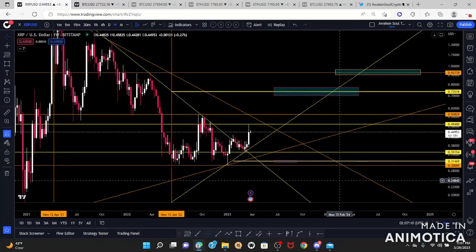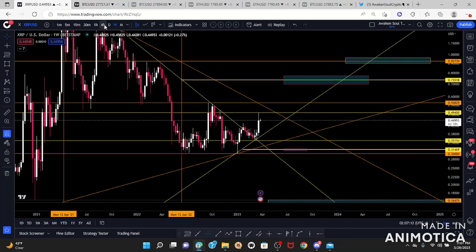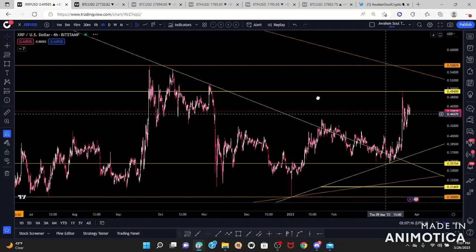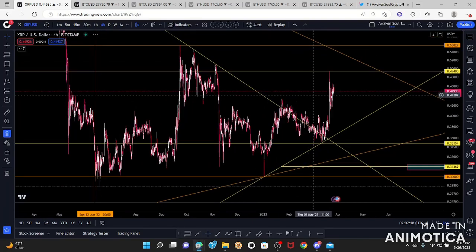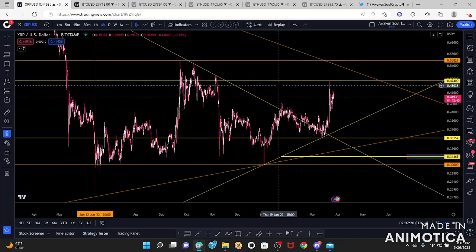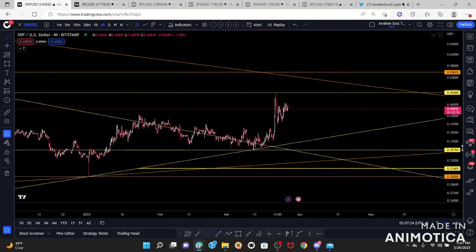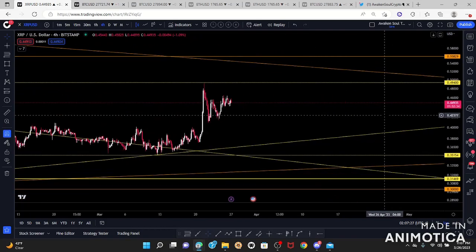Okay, let's go back to the 4 hours. Within the 4 hours, because we did the daily, right? So after the daily, I move into my 4 hours. Within the 4 hours, I'm going to set a range, just like I did in the daily, right? We're concentrating